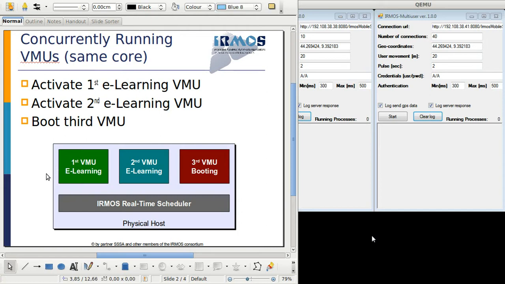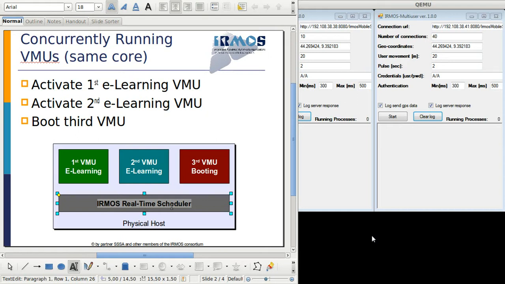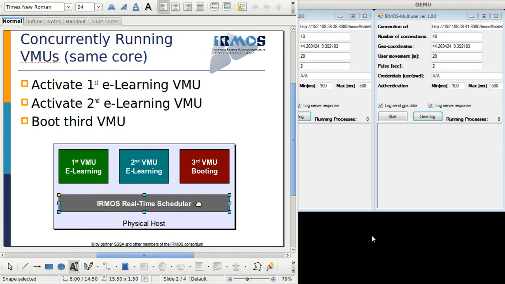So what we do here is to apply real-time scheduling technologies at the CPU level in order to guarantee a sufficient level of isolation between the performance of independent virtual machines. What we want to achieve is to have a performance of each application that is only dependent on the workload of that very application and not on what else is running on the system, disturbing the operations of each single application. So let's see what we can do here.